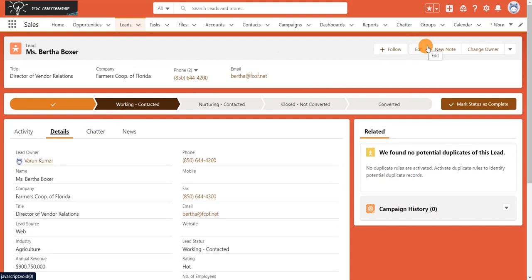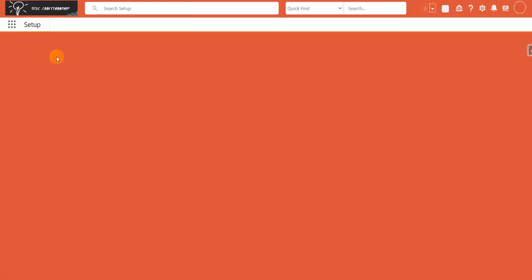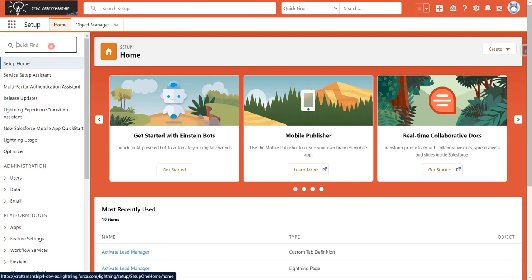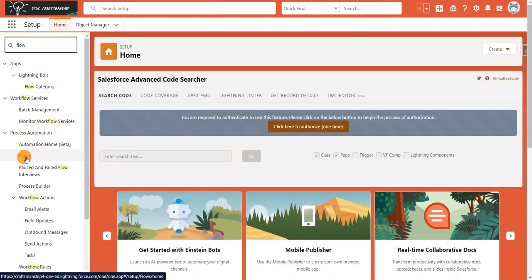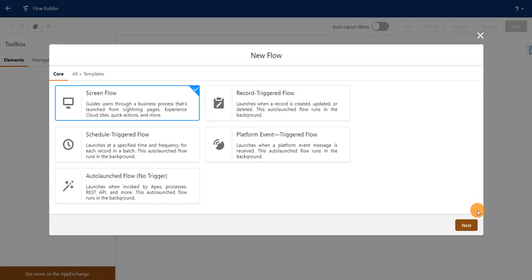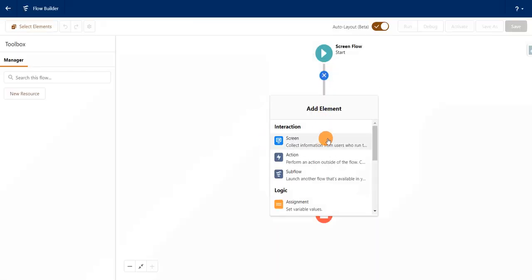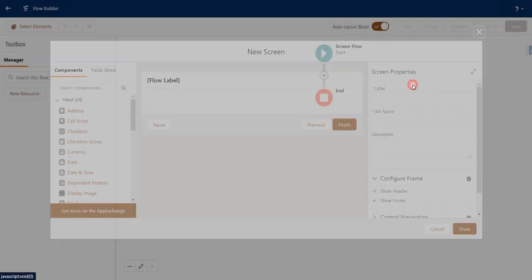So the permission set will only be enabled when it is activated, and we can also deactivate that permission set using a flow. For that, we'll just go back to our Salesforce instance, click on the settings and go to setup, and here I'm going to create a new flow. Click on flows, click on new flow, select screen flow, click on next, select auto layout, click on the plus icon, click on screen, not screen, sorry, click on action,